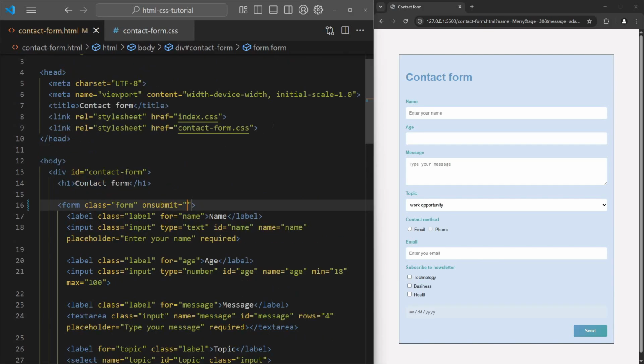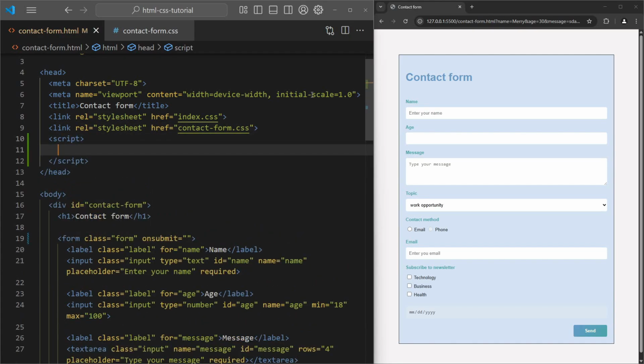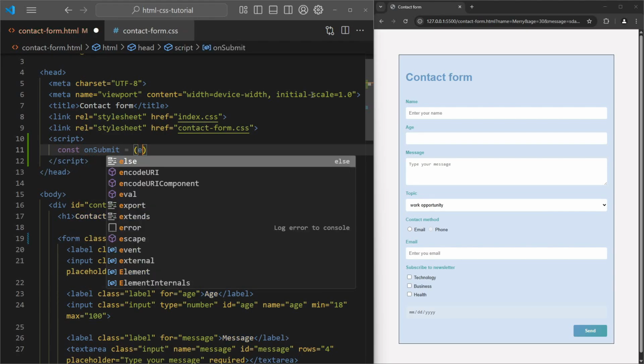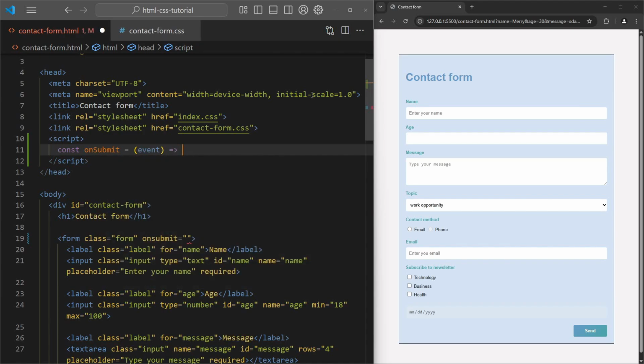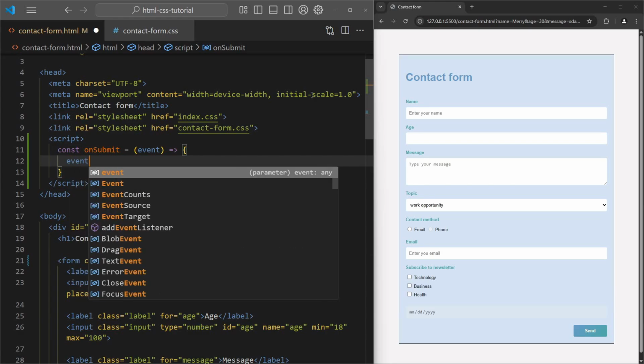First, add a script tag inside the head section of your HTML file. The script tag allows you to write JavaScript inside your HTML file. Now, let's write a simple function that will handle form submission. const onSubmit = event => { We just declared a function that will run when the form is submitted. Now,